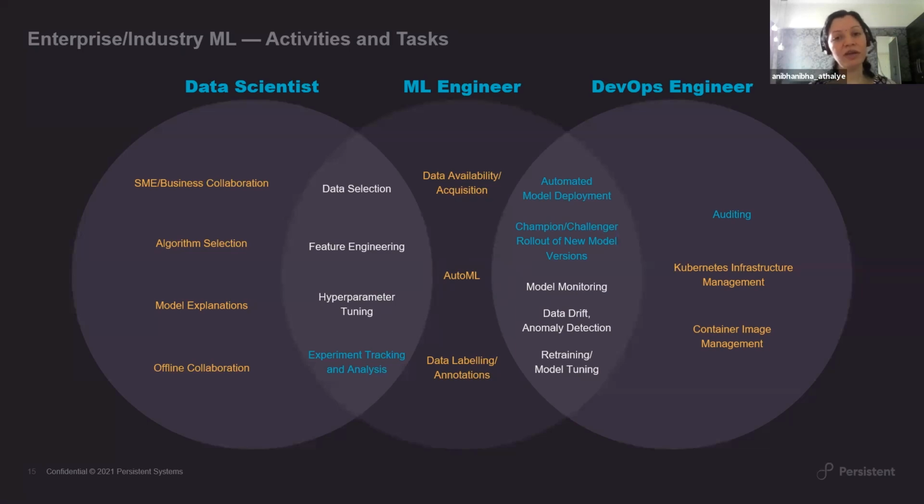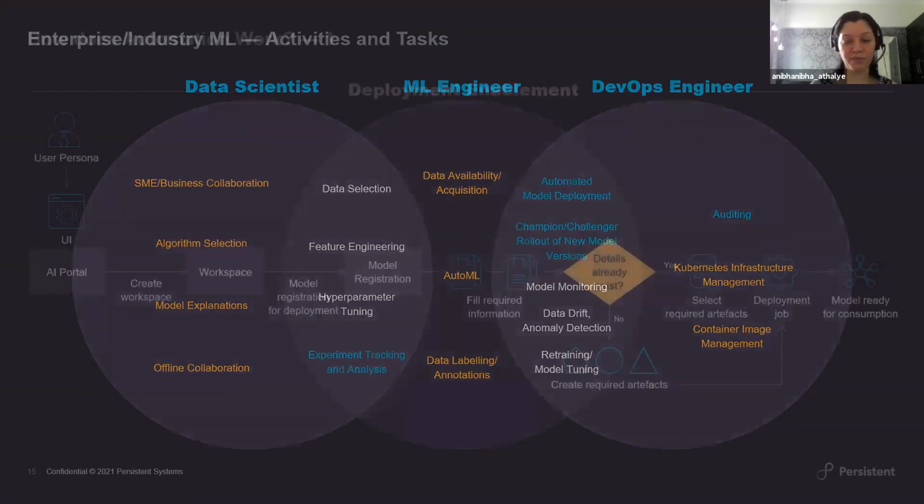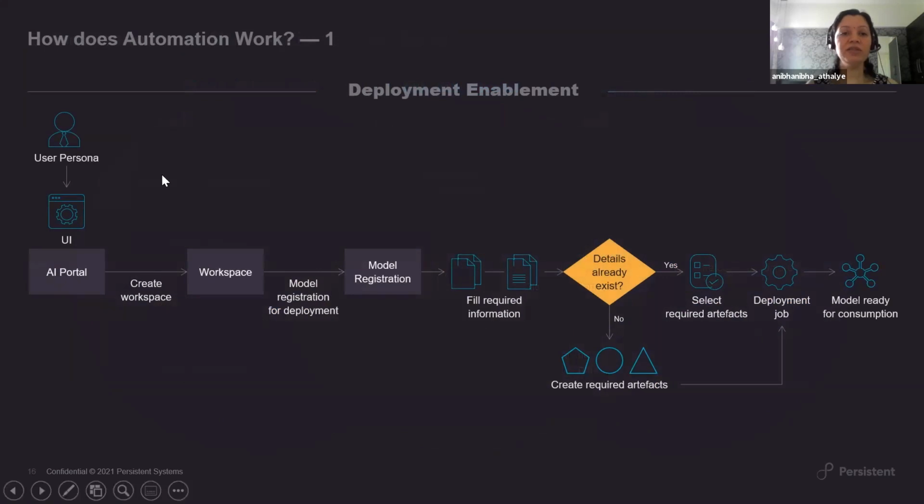So what I wanted to call out on this slide is that beyond the basic model development that happens, there are a whole lot of activities that really need to be enabled from the point that the draft model, or the first version, or the baseline version of the model is developed to the time you actually put that model into production, and then be able to do continuous delivery or continuous training of that model. Now, how does it typically happen when you say that I want to enable deployment of a machine learning model?